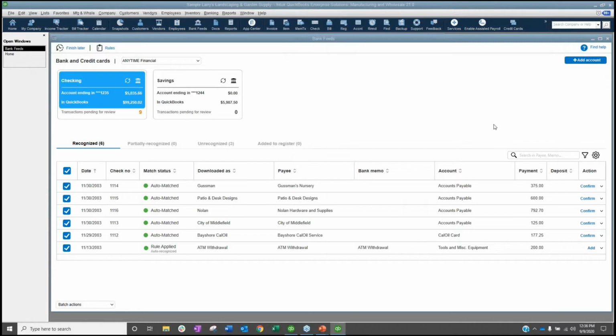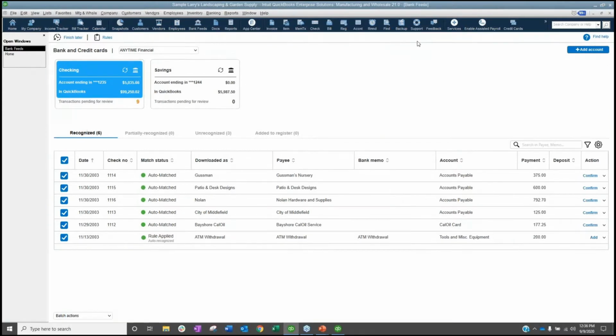So in here, a couple of views that are different. So first of all, we have bank and credit cards. So it has a very much so QuickBooks Online feel, in case you guys haven't been in QuickBooks Online lately. So I love that they do that. It makes it really nice when there is standardization between the products, QuickBooks Online and Desktop, because it makes it easier for clients who are making the switch. So I love seeing some of these things fall more in line.